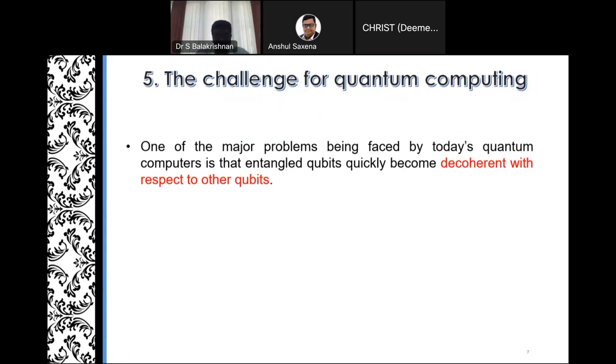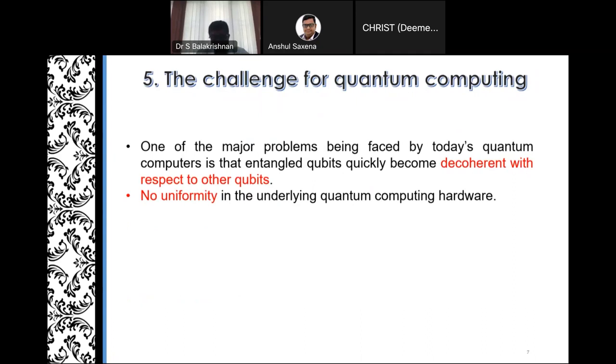Furthermore, there is no uniformity in the underlying quantum computing hardware. Currently, various companies are pursuing different approaches towards building a quantum computer, for example, the quantum annealer, like an analog quantum computer, and the universal quantum computer, and so on. This is very similar to how we had multiple transistor designs in the initial days of computing. As a result, it's only possible for certain problems to be efficiently mapped onto specific types of underlying quantum